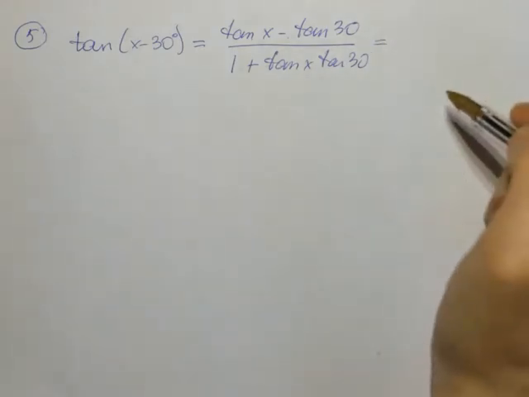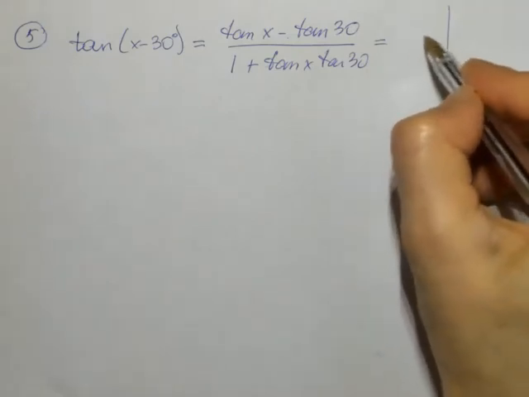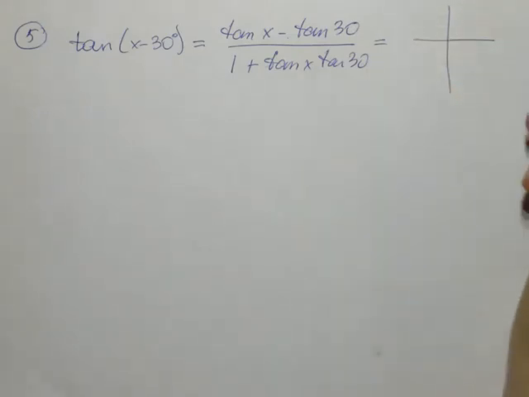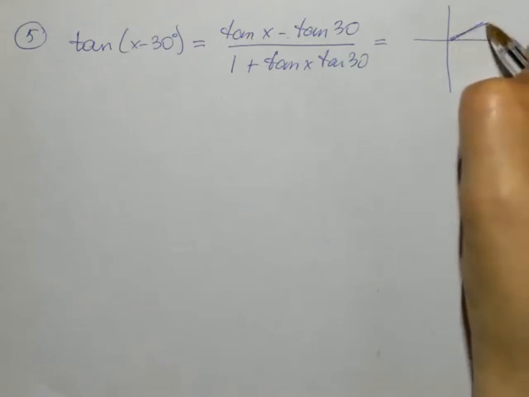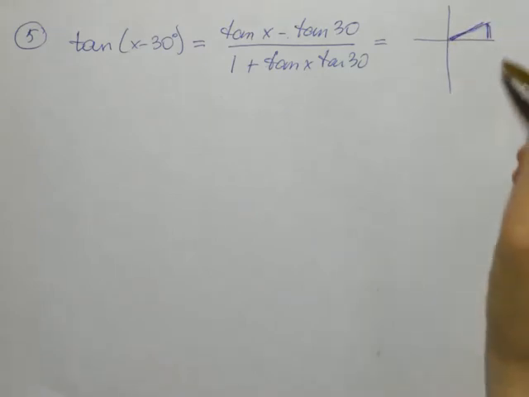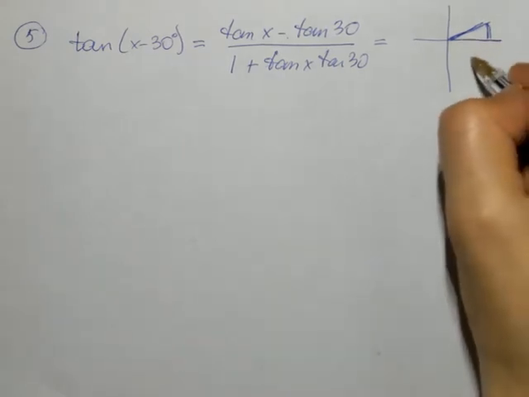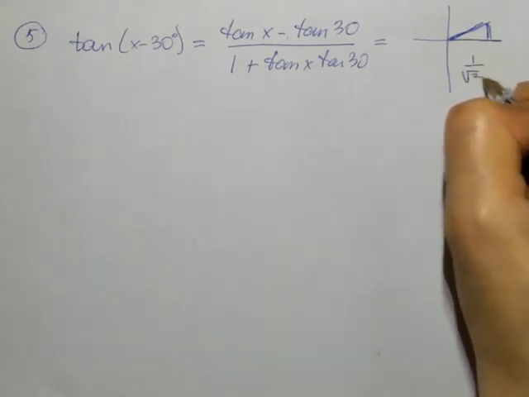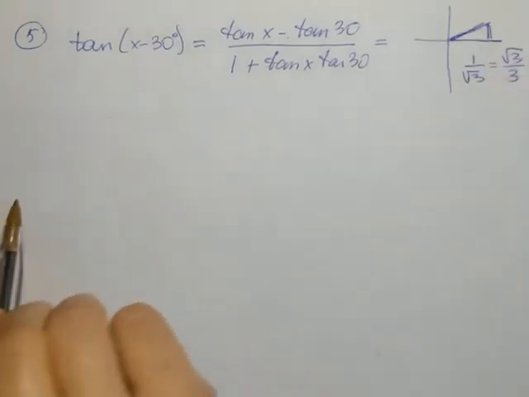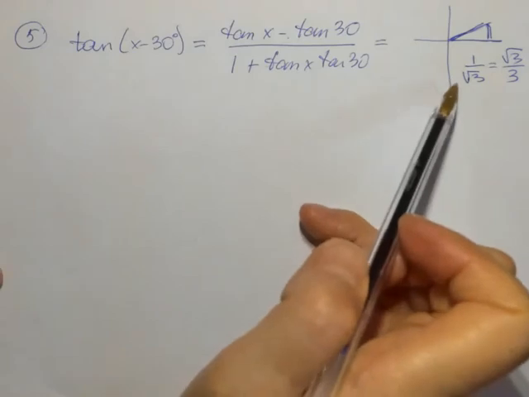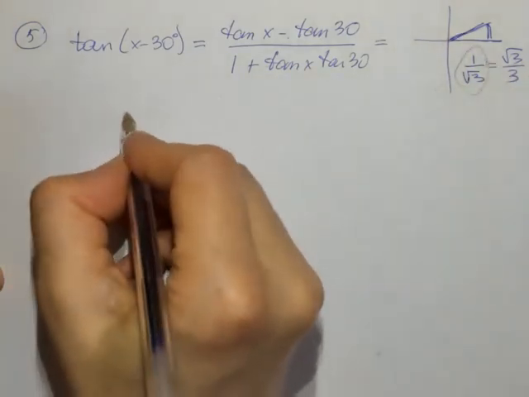30 degrees is a special angle, so we know the tangent of this angle. Let us look on the unit circle or use the reference triangle. So 30 degrees is this smallest angle in the unit circle. The tangent is 1 over square root of 3 or square root of 3 over 3. Tangent of 30 degrees, we substitute. Let's substitute it in this form, and we get